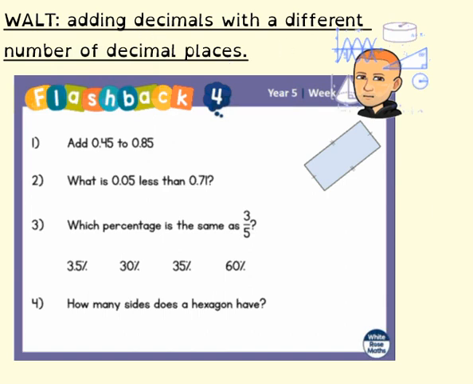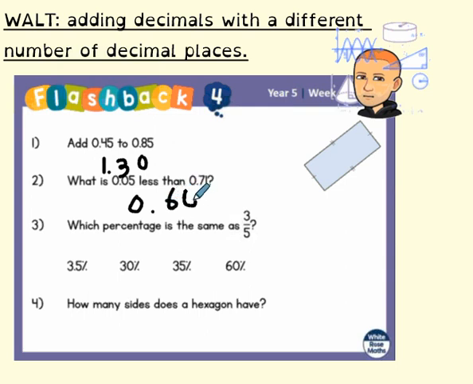Add 0.45 to 0.85. If I add these two values together, I would get the value 1.3 or 1.30. Question 2. What is 0.05 or 5 hundredths less than 0.71, which is 71 hundredths? 71 hundredths subtract 5 hundredths would give me 66 hundredths. So the decimal